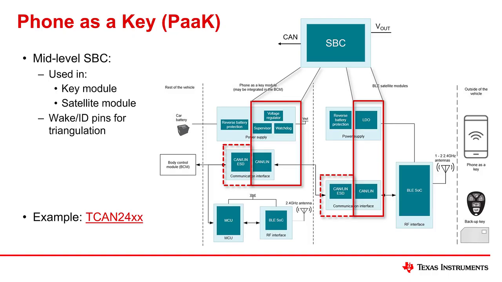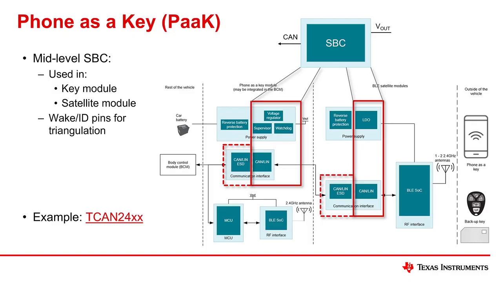Since each BLE device will be advertising, the phone may not connect to the BLE node best for unlocking the vehicle. However, each node, when connected with a TCAN24 device, can quickly determine the ID pin configuration to help triangulate the best node to unlock the car. This creates a smooth transition that is unknown to the user while increasing the overall user experience.